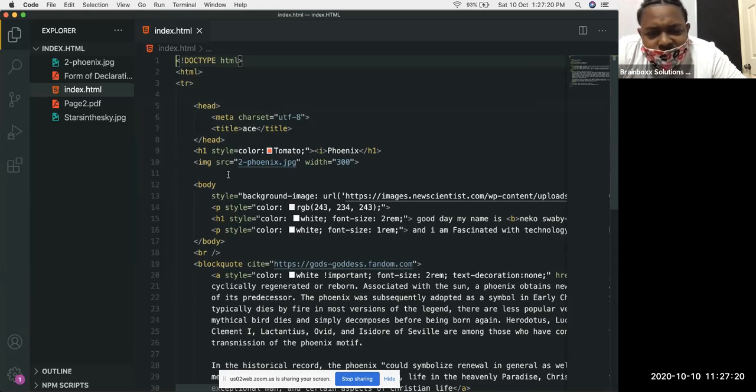Basically, open bracket, close bracket, color, style, equal sign. Then I put in the color tomato to give it the red, because the red represents strength to me. Then I chose the name, Phoenix. Then I put in an image source right here, as you can see, and here for the width and the